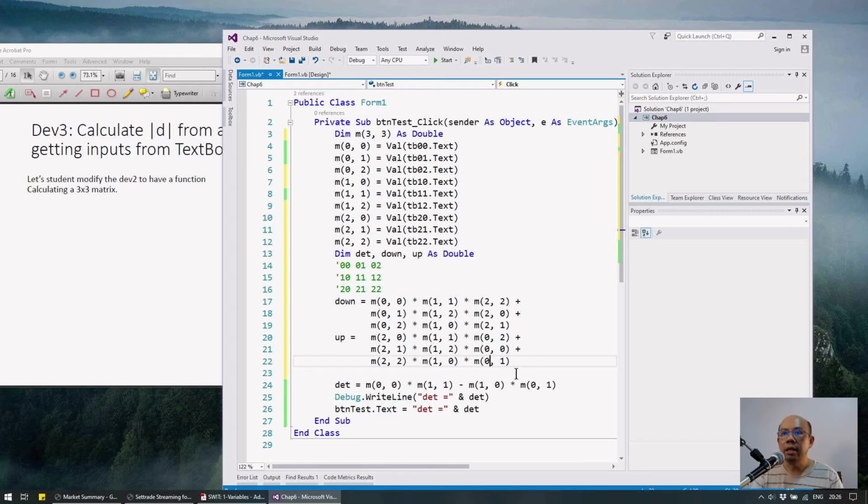In this example, I write very long code to show you how to access each element in the matrix. When you develop a program for your work, you can use the for loop to control the access to each element. So this here, and det should be